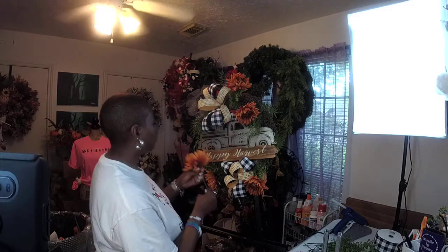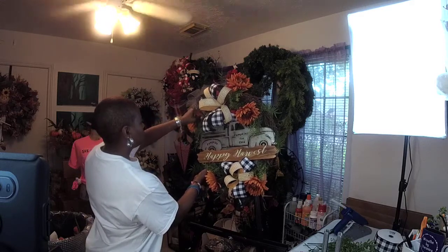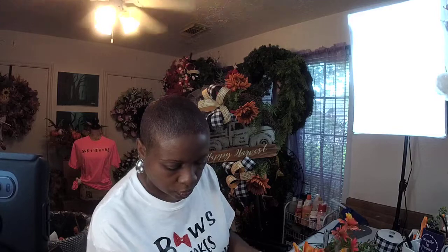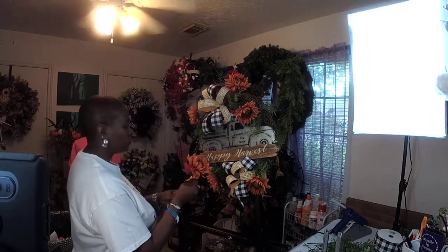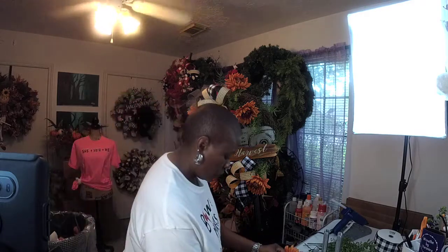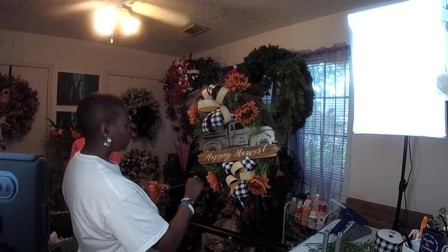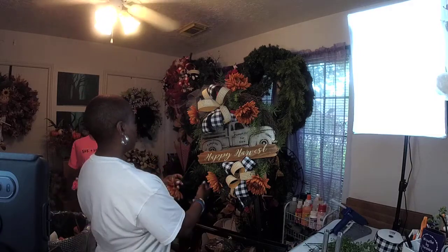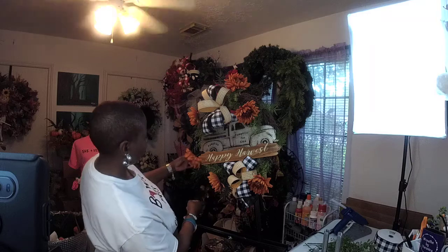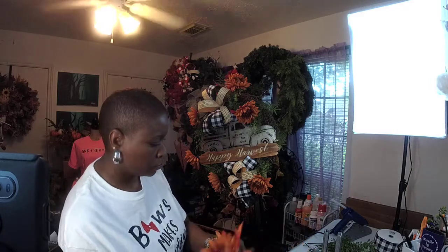And got another one here. So I'm going to put that one right up in here. And I'm going to place another one. What I try to do is separate all my bundles of flowers. That way when I pick them up, they are separated and you can easily just pick them up. And I think I'm going to put one up here because